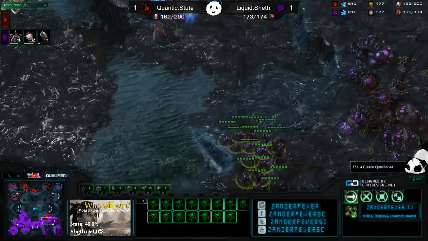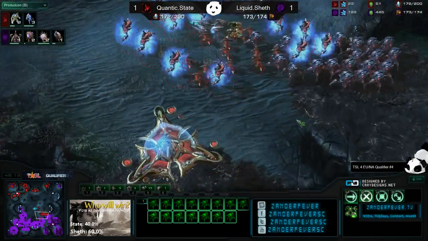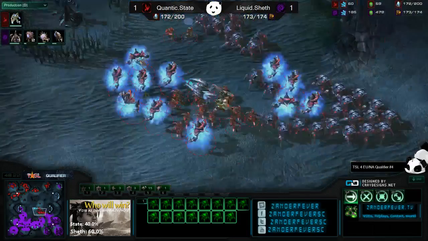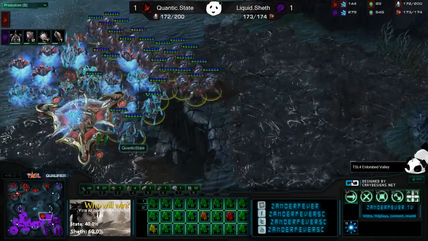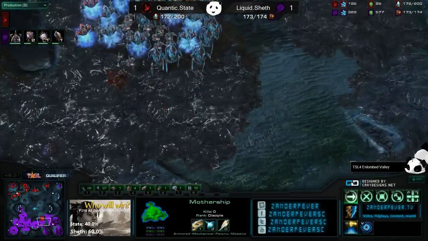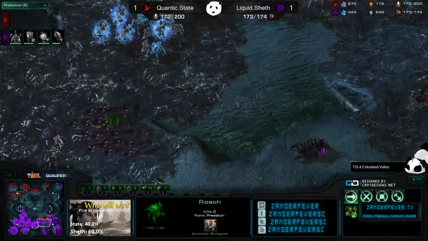to win this engagement. Sheth's doing a really good job of being very active with his roaches and everything, trying to find that exact key position, because notice State is not feeling too comfortable with a direct engagement at this point in time. The mothership is here. There we go, 200 energy. Sheth may be getting vortexed, but here are these